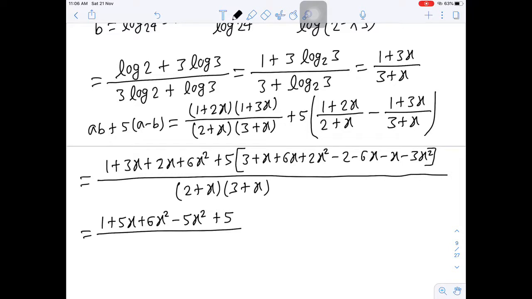if you multiply 2 plus x and 3 plus x, you will get 2 into 3, 6, then 2 into x, 2x, and then 3 into x, 3x, then x into x, x square. Is it clear? So first you will multiply 2 by 3, 6, 2 by x, 2x, x by 3, 3x, and x into x, x square. Now after simplification, you are getting x square plus 5x plus 6, and the denominator is also same, x square plus 5x plus 6. So the answer is 1.